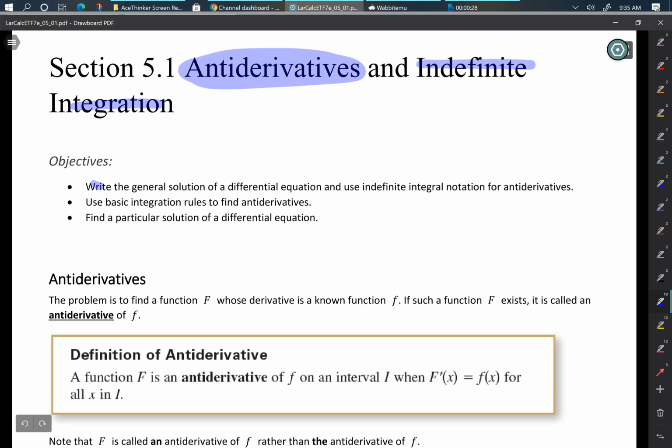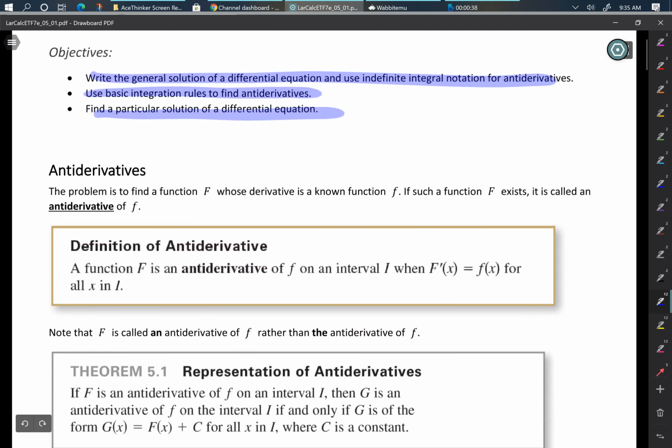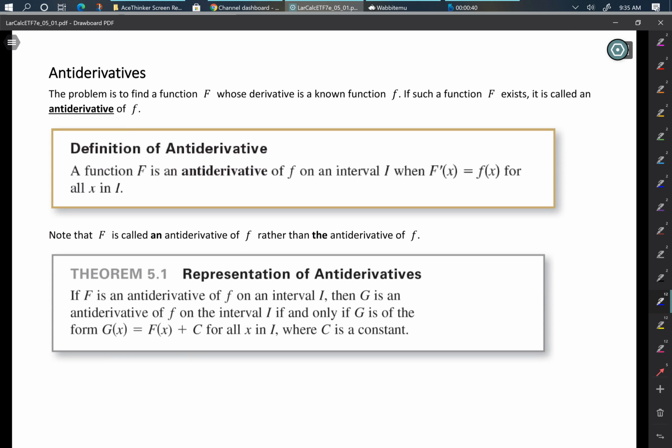And so our objectives are to write general solutions for differential equations and use indefinite integration notation, to use basic rules for antiderivatives, and find some particular solutions. All right, so let's first start out. Beginning of a new chapter, 5.1, some definitions, some new terminology. Right? Antiderivatives. The problem that we have in this section, the thing that we're going to be requested to do, the challenge that we have to face is